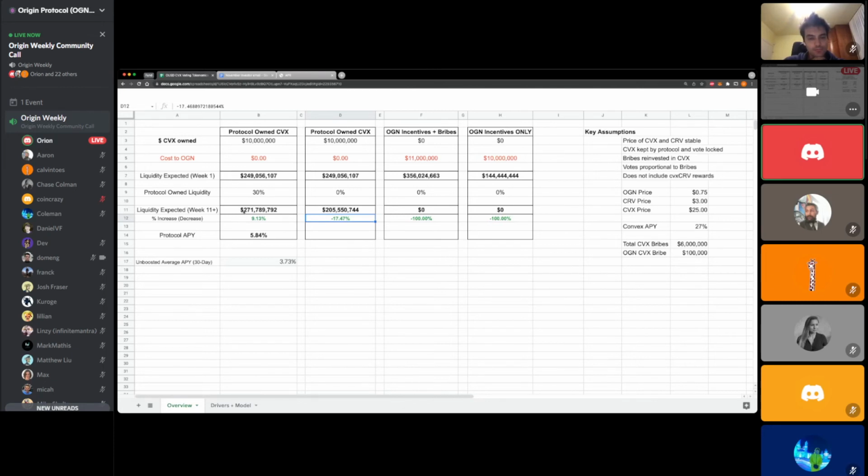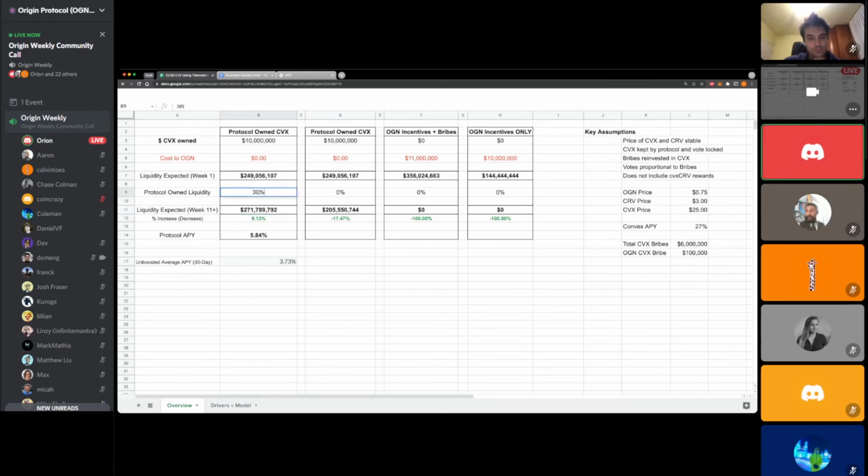But under this scenario, if we were to buy $10 million in CVX, and we are also taking 30% of the protocol's own liquidity, so for that $250 million, we're going to make up about 30% of that, by week 11 we would actually expect our voting share to increase, and we would expect our total liquidity to increase by about 9%.